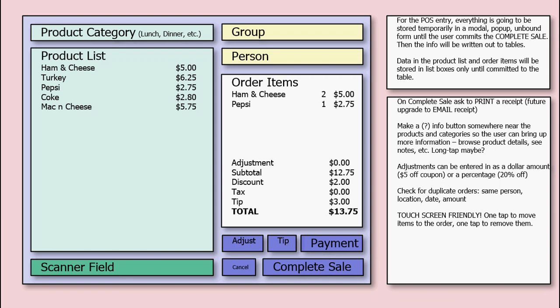Essentially, what's going to happen from a programming standpoint is all of this information is going to be stored in an unbound form. In other words, the form isn't connected to a table. And all the product list and the order items and all this information is just going to be stored in fields on the form. When we're done and we hit complete sale, it's going to commit to the table then using a series of VBA commands and SQL. It'll then build the order on the fly and commit it to the tables. Then the order's done. It's a totally different technique that I haven't used before in class,